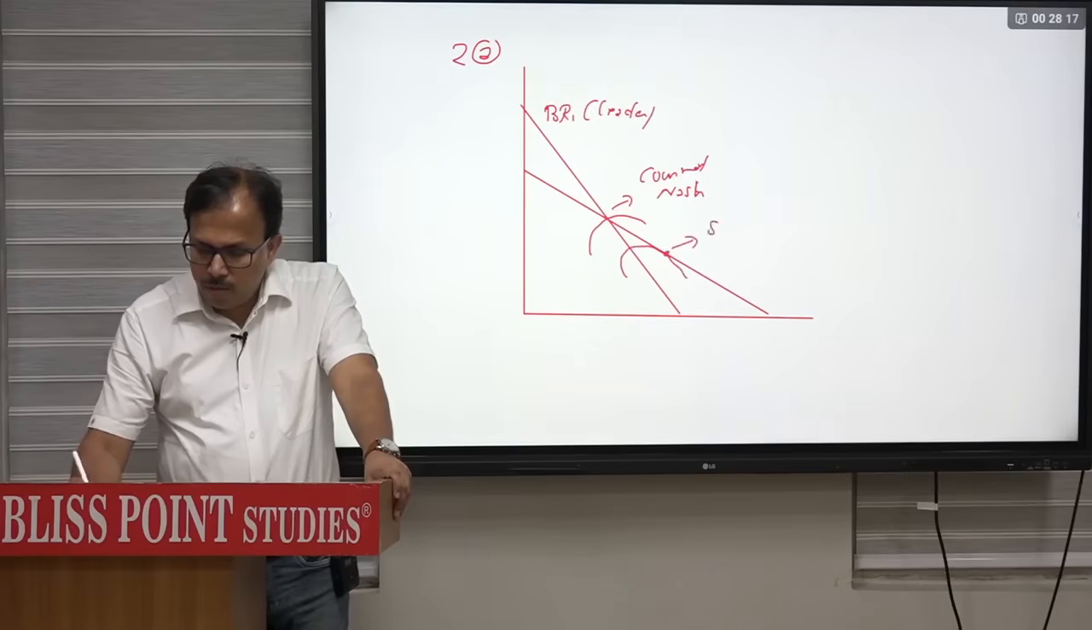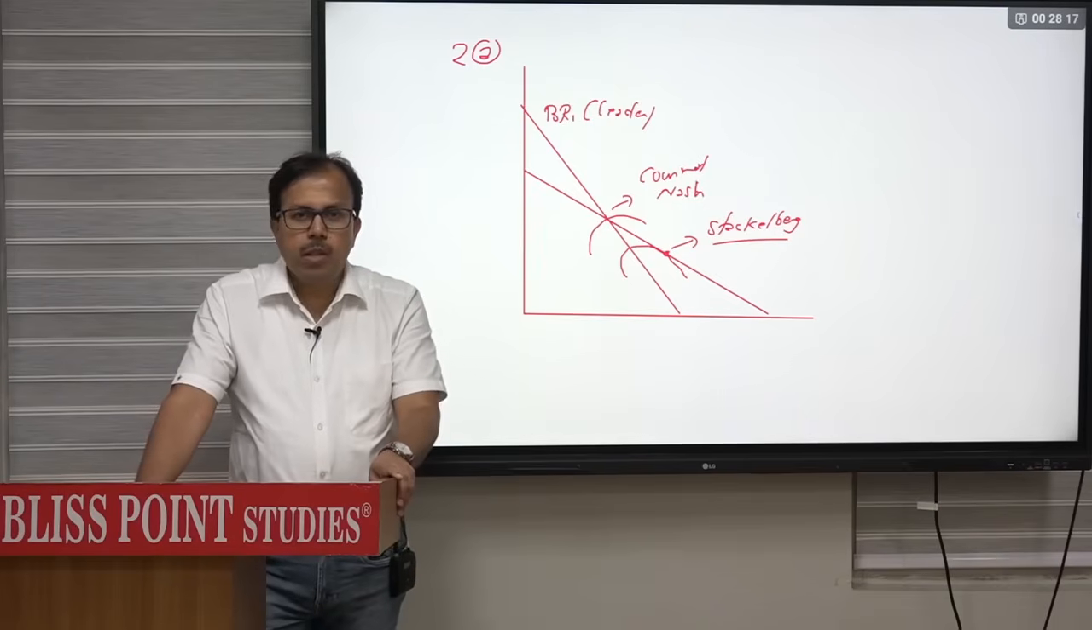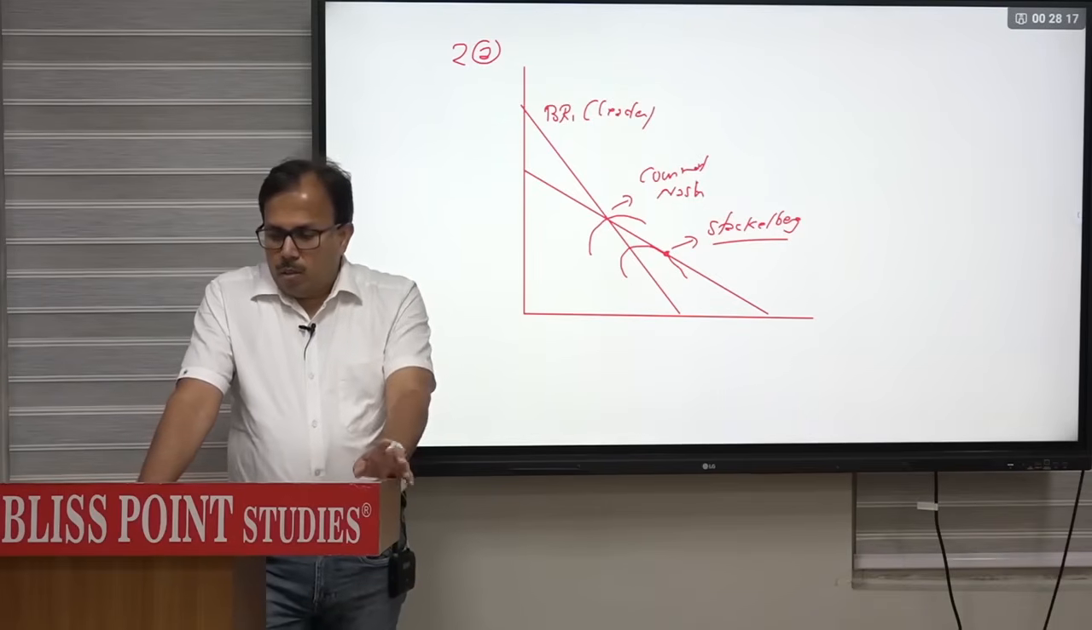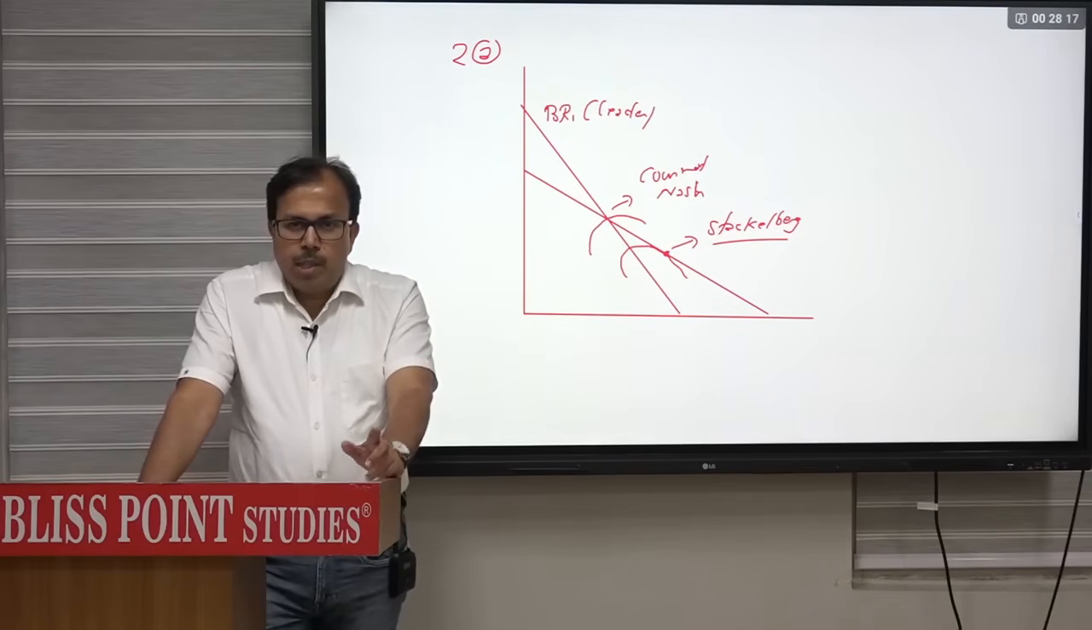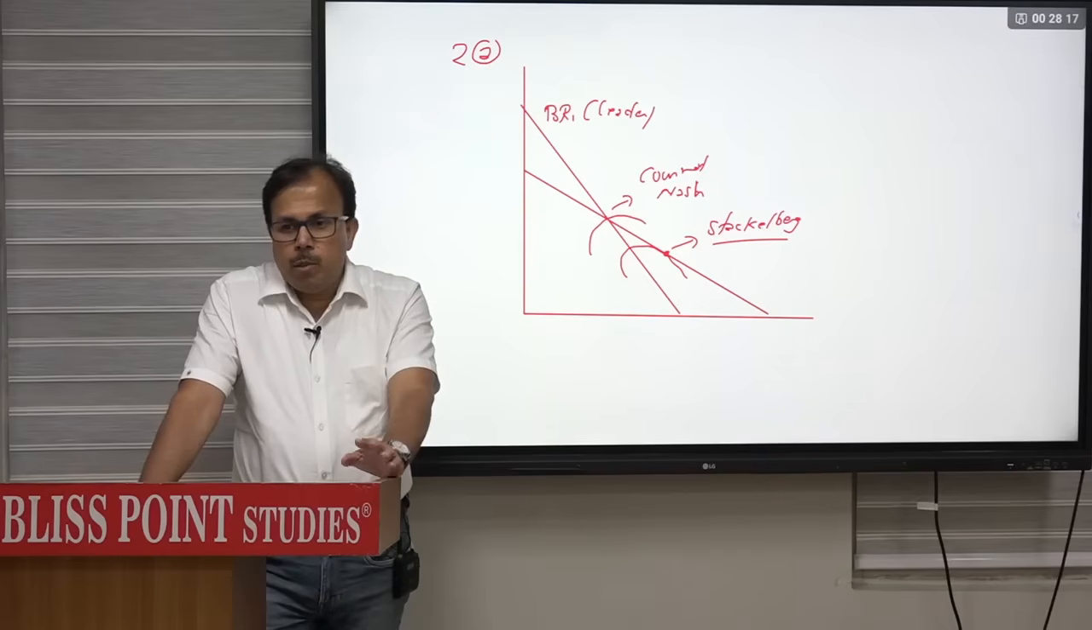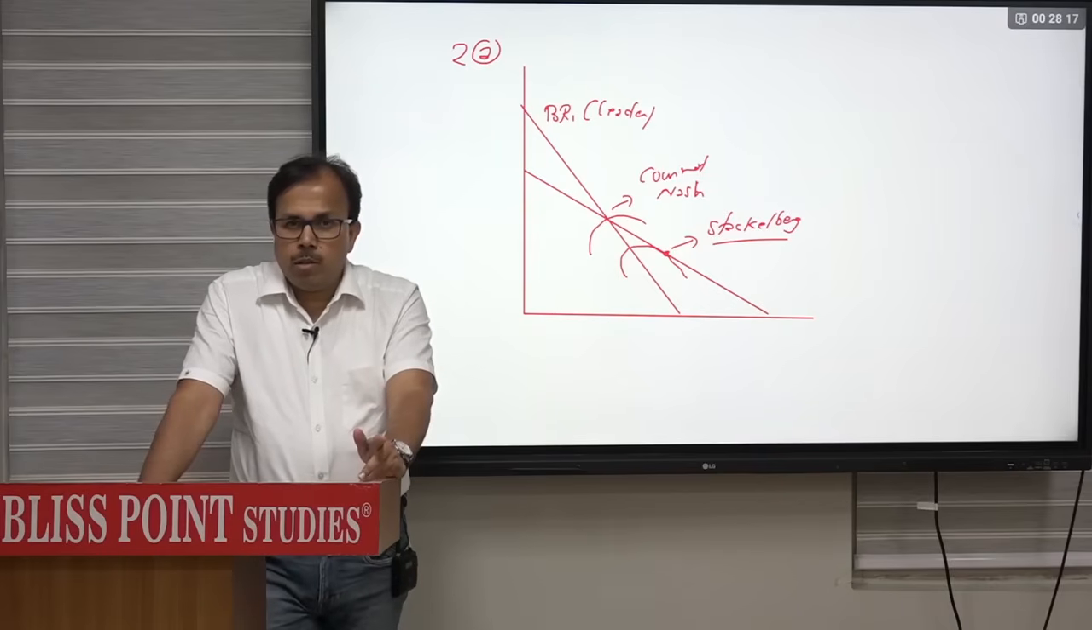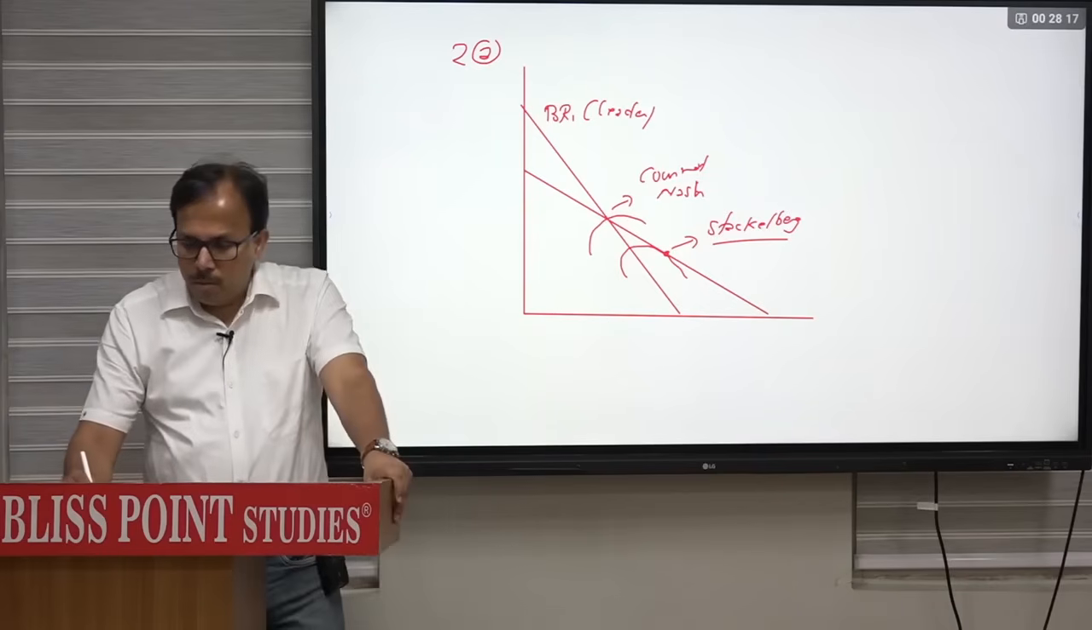This will be for the Stackelberg model. Clear? Naturally the profit of the leader is more and the profit of the follower will be less as compared to the coordinate model. That quantity, when you determine it in the Stackelberg model,